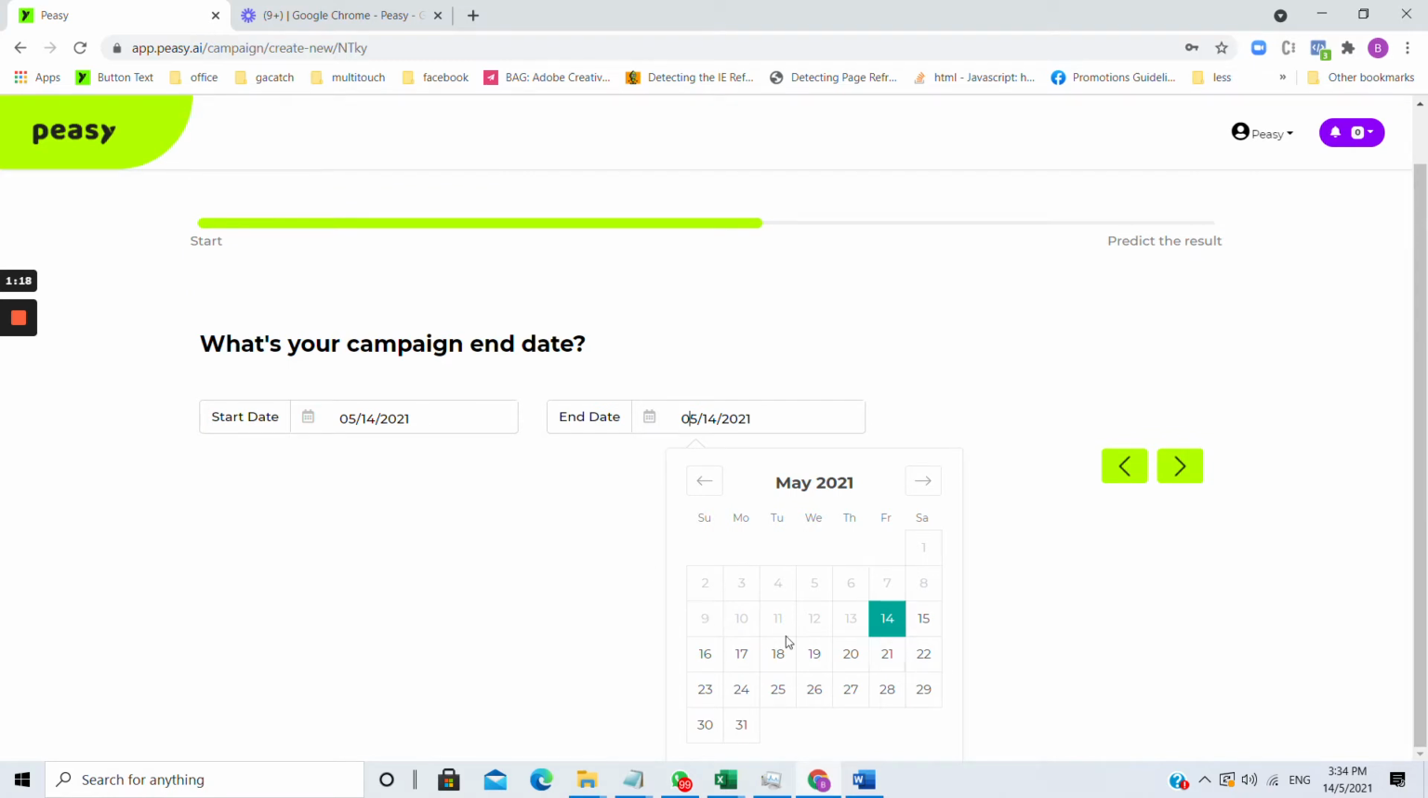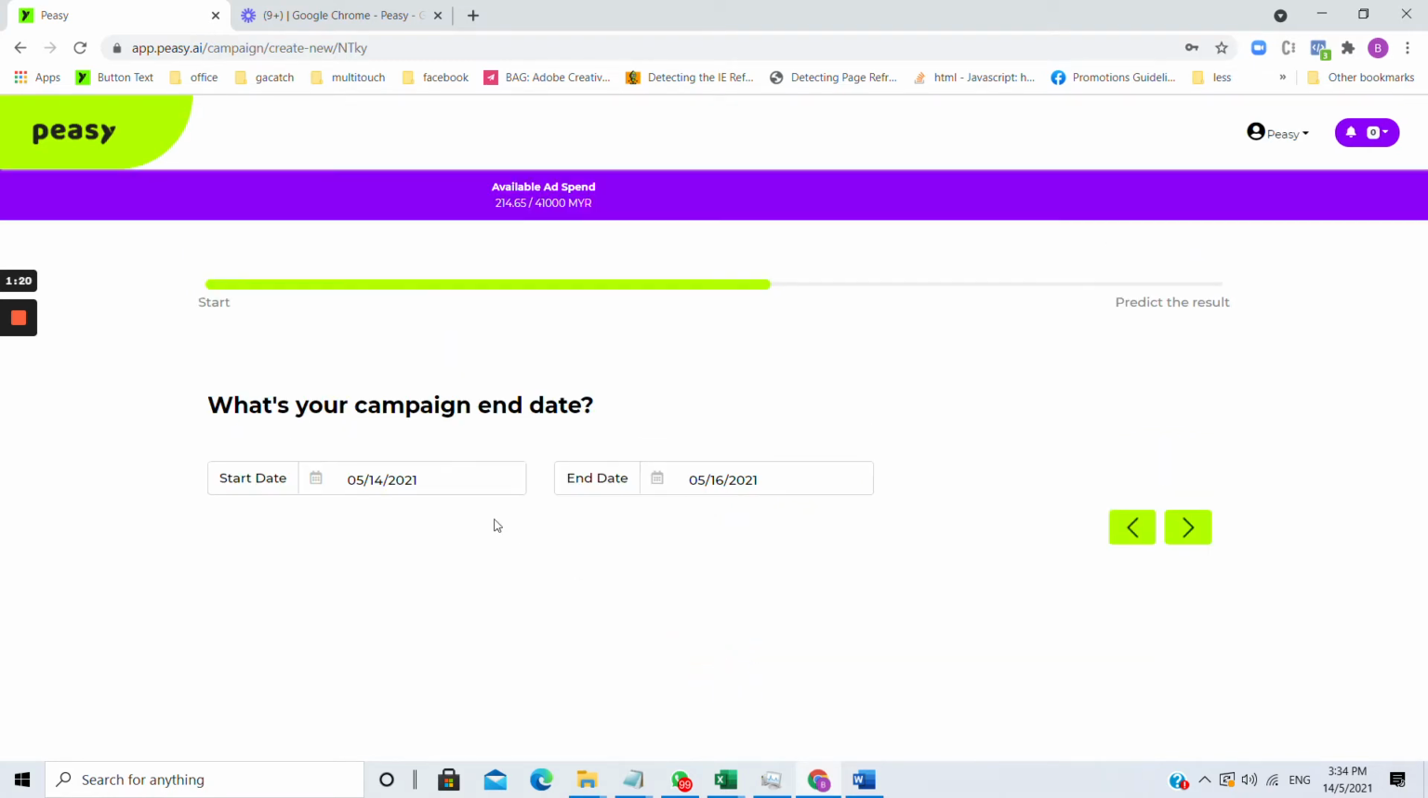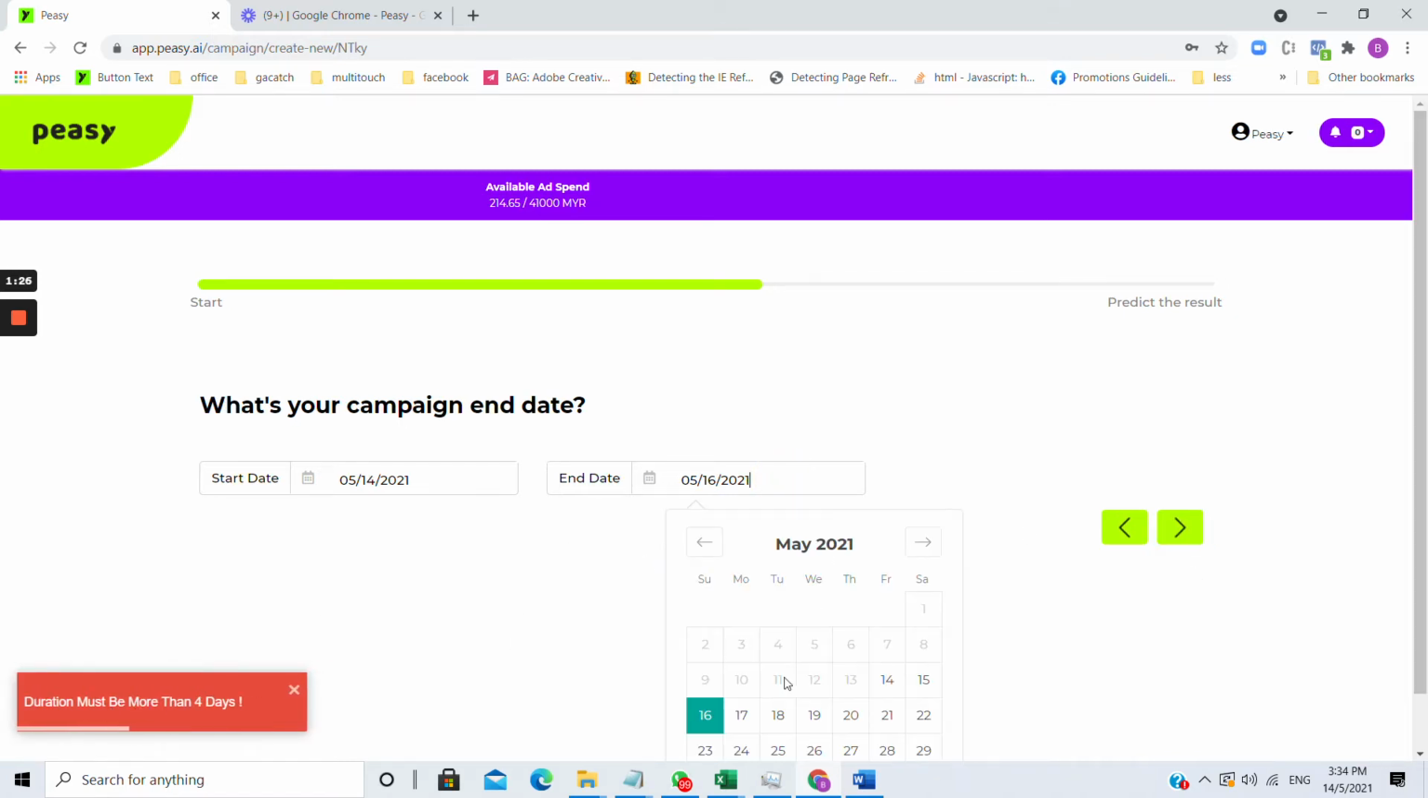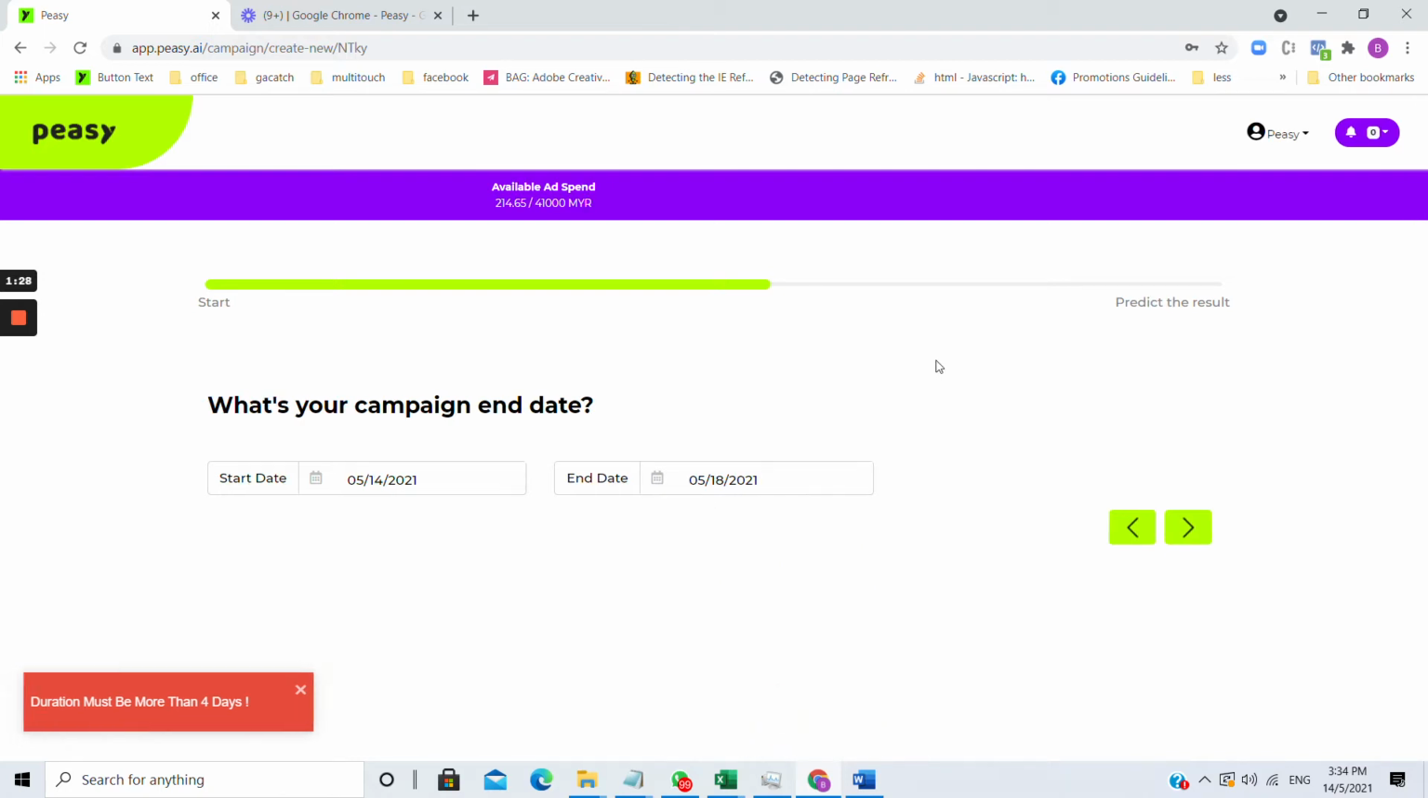So if I were to choose a duration that is shorter than 4 days, if I click next, the error message will appear. So I need to choose minimum 4 days. This is because our AI need time to gather data to observe before it actually optimizes the performance of your campaign. So to enjoy the full benefit of Peasy, we recommend that you create a campaign minimum 4 to 7